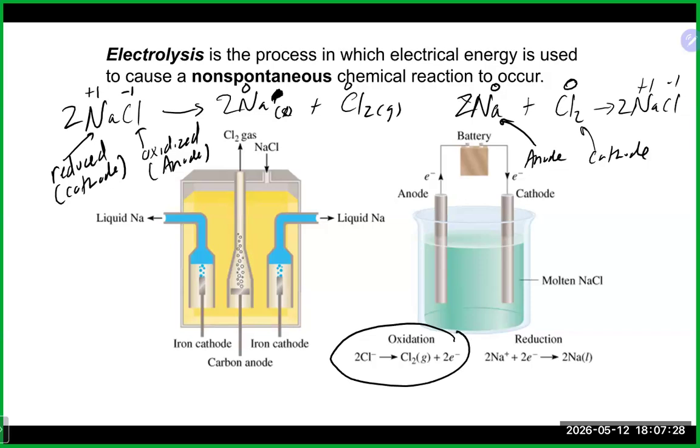In an electrolysis cell, it is the chloride that's actually the anode because it is getting oxidized, and it is the sodium ion that is getting reduced in this case. So oftentimes when people have to write electrolysis half reactions, they do it backwards, because they always think about it as the making of sodium chloride. But in this case, we're breaking it back up into the elements. So what normally is your anode,